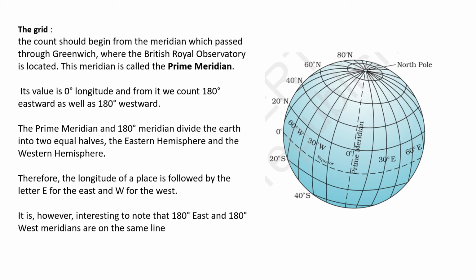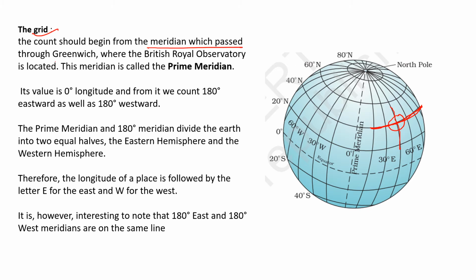So the next one is the grid. How will we locate a place on earth? See, if this is the place, we have to write this place's latitude and longitude both. So latitude can be found from this line, and longitude is from this line, vertical lines, and latitude from this horizontal line. The count should begin from the meridian